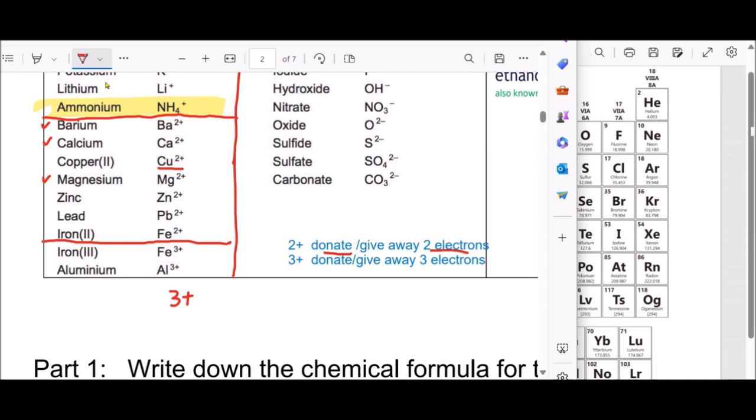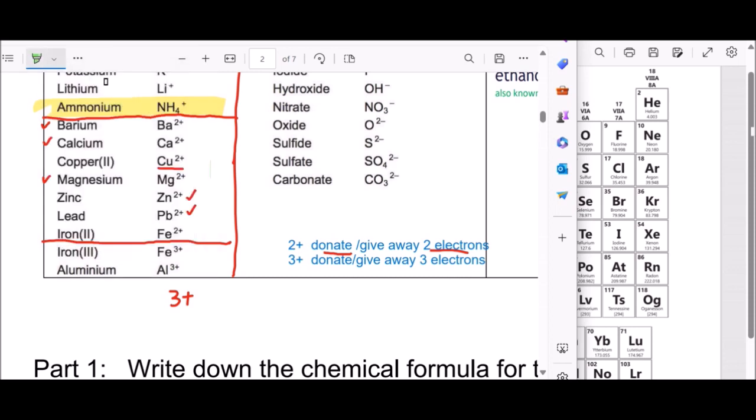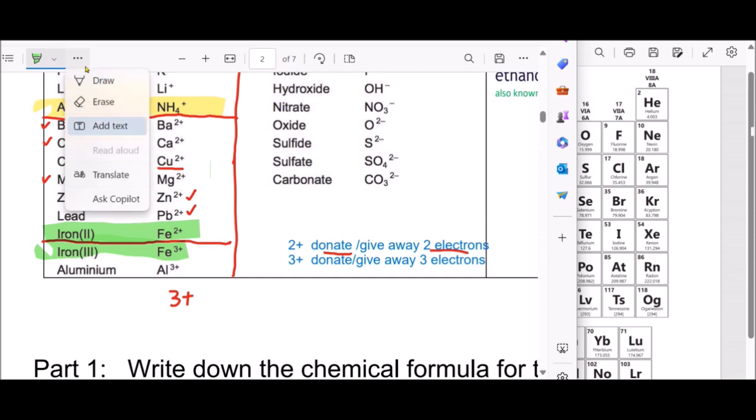Zinc, it is also very common in 2 plus. Lead, yes. For iron, right, iron is a little bit special, okay? Iron, again, like what I said earlier, iron is a transition element. They have more than one. I repeat, transition element has more than one